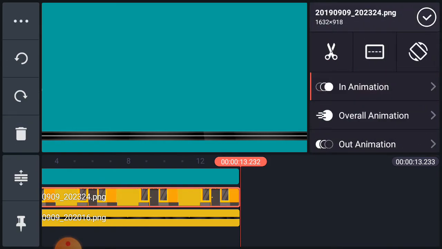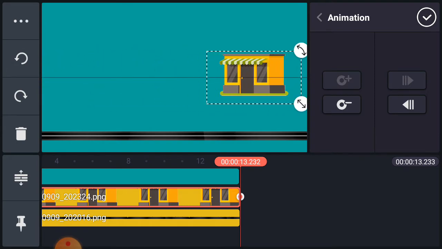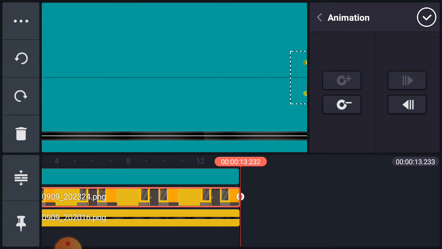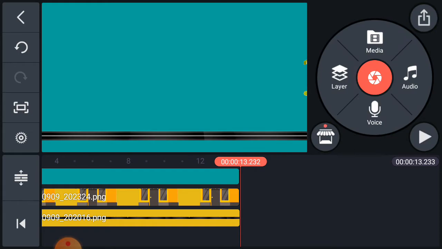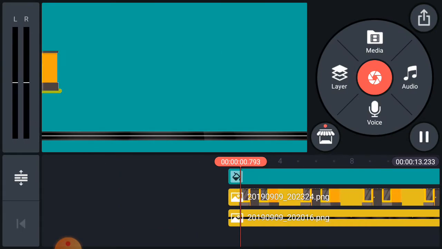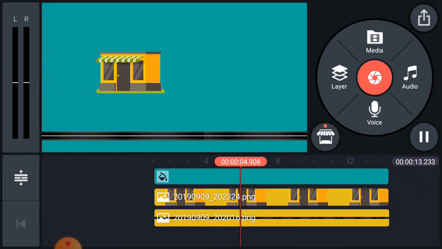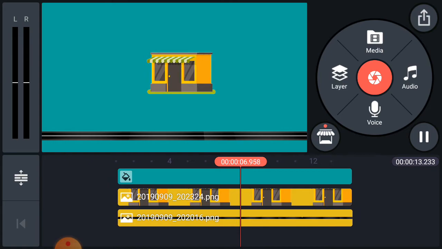I click on the key and then I will bring this shop here, then click OK. So now you can see once you play it, it looks like this sliding is moving and we are crossing this shop.